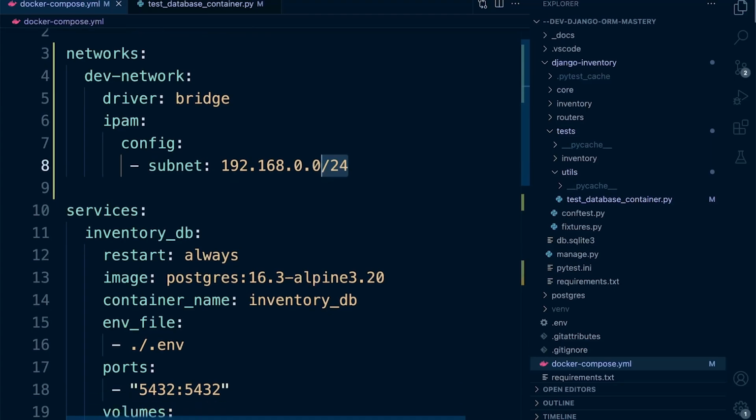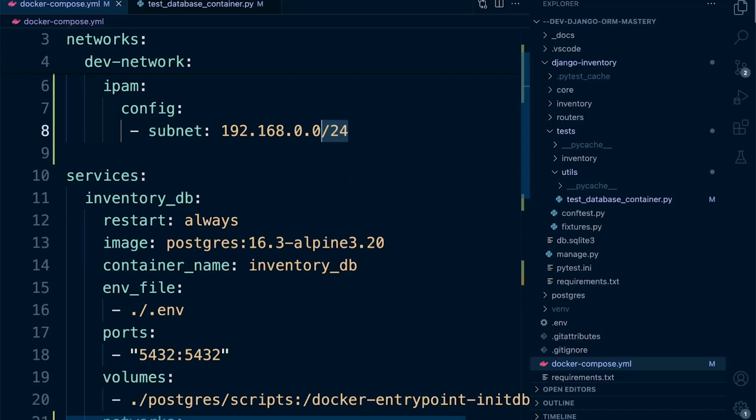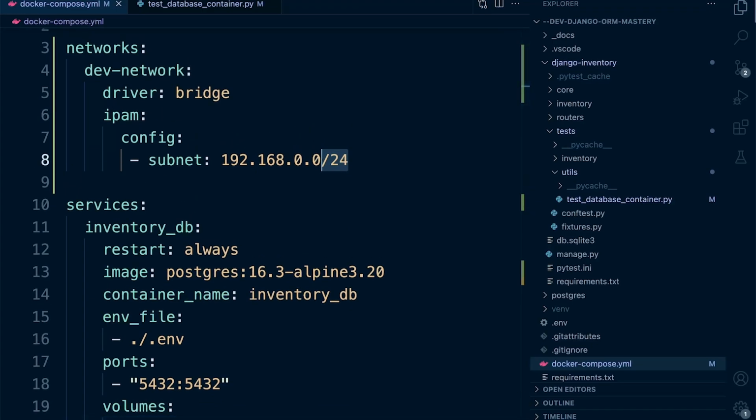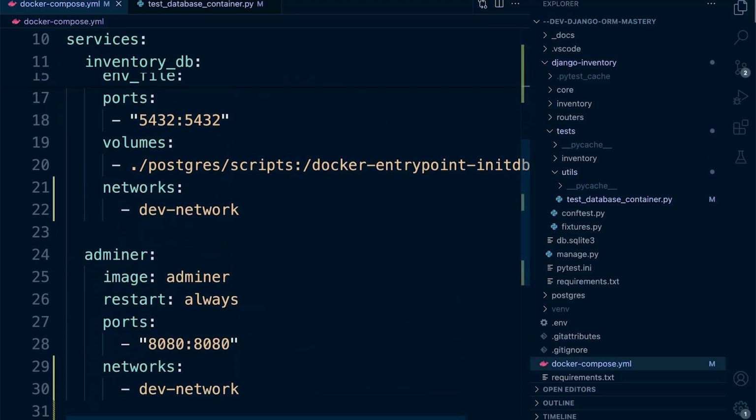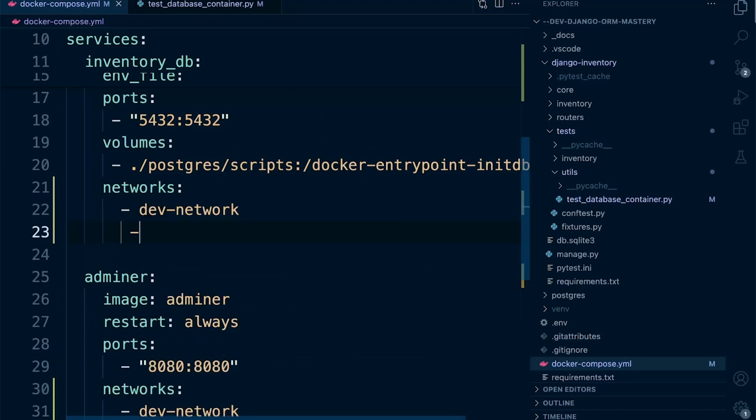Right, so with that in place, we now have defined the network. So we can now go ahead and actually assign this network to our containers. We have already supplied the network name we want to connect to. So now we can just define the IP version 4 address, and this is going to be